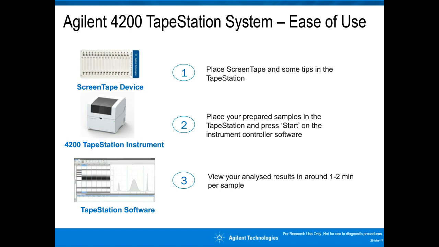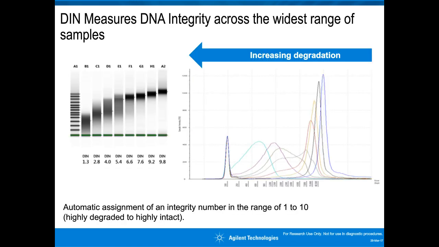The widest range of samples can be analyzed with the genomic DNA ScreenTape assay, from highly intact genomic DNA down to DNA isolated from FFPE tissue. As you can see from the gel picture, the analyzed DNA samples show different integrity. Individual sample traces can be overlaid in the data analysis software, which makes it straightforward to compare samples with each